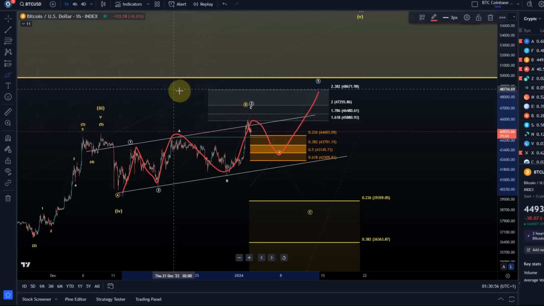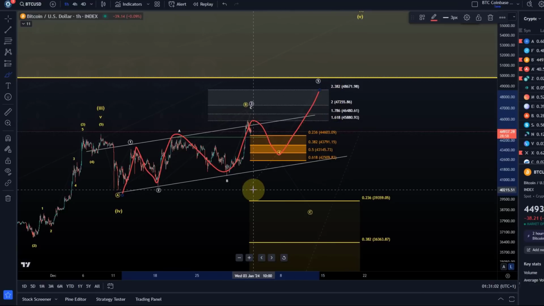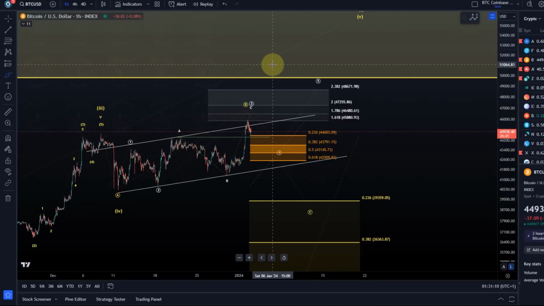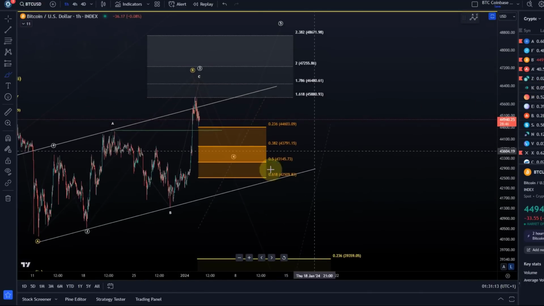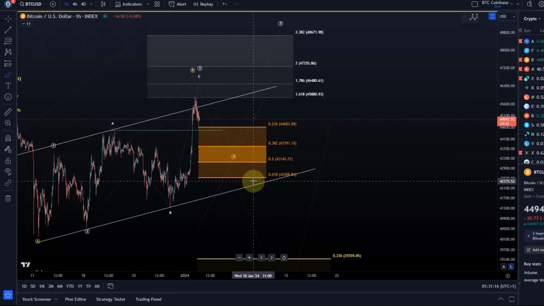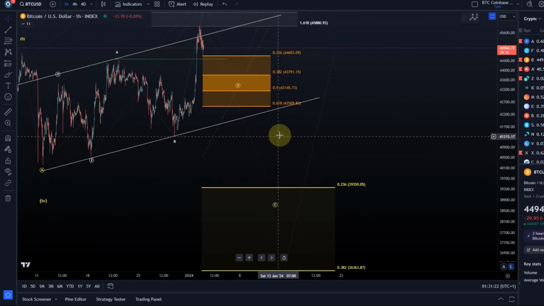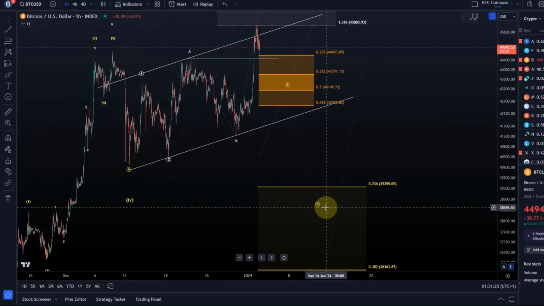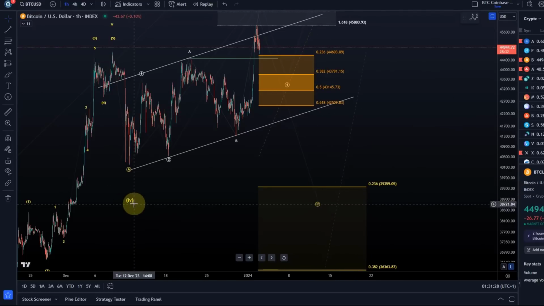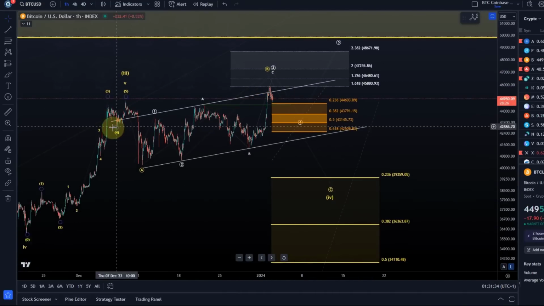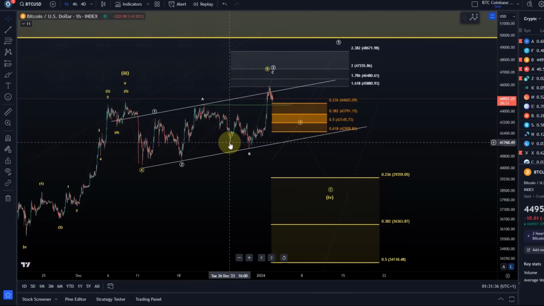We take it level by level in this situation. But Bitcoin needs to give us another 4 and 5 to confirm that really this larger degree 4th wave finished on the 11th of December. Until then, the situation is highly uncertain. But there is a clear level that we can use, because as long as the $42,509 level is holding, we could look to the upside directly in the white scenario. Below that level, it becomes clear that the yellow scenario is playing out, which means just a reset of wave 4 and just that this C wave is playing out that we've been watching for in the last couple of weeks.